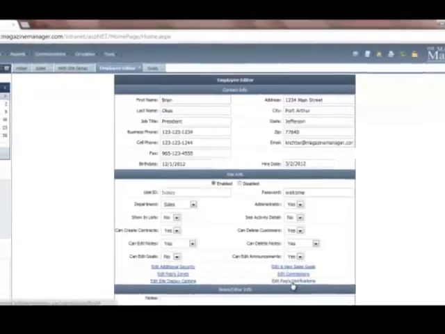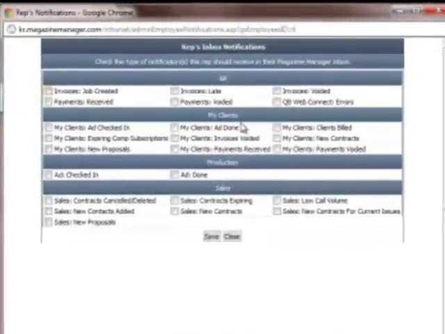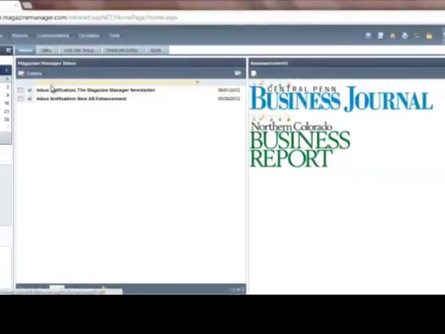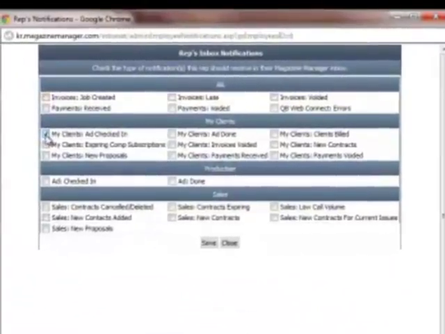And then here, edit reps notifications. This simply is telling you what do you want to see in the inbox for this particular sales rep. So for sales team, you want to see my clients. You want to see these kinds of things that pertain to their clients. And what I mean by inbox is the homepage inbox right here will display certain notifications besides callbacks and meetings based on what you set up here in this employee editor. Going back to our reps notifications, selecting the ones that we want,